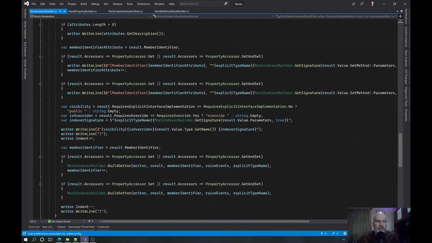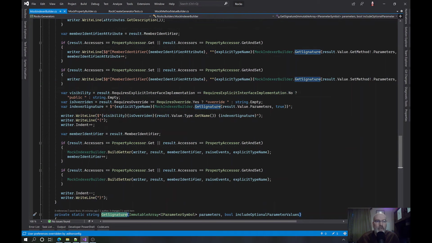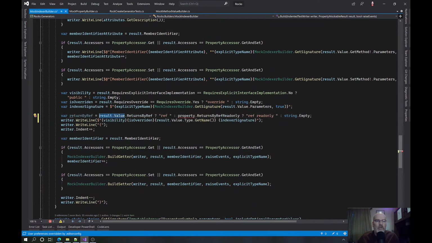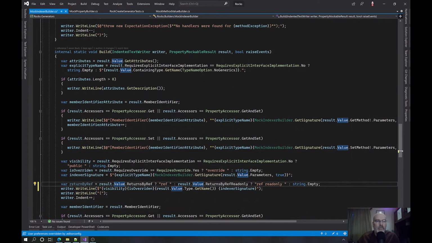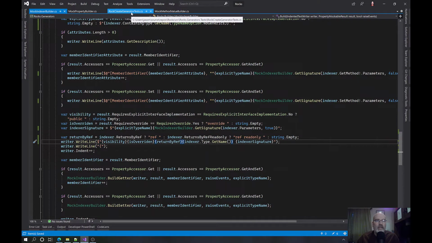Build getter, build setter, get signature, visibility, explicit type name. Yes, so I would do almost the same thing here. Good. I never actually grabbed the... It is nice when refactorings work. So is overridden there, and that's done. And so actually now,